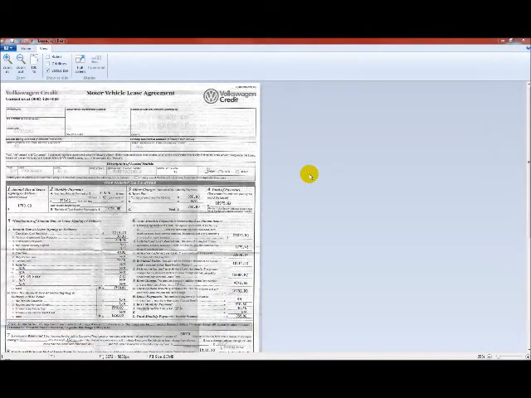Okay, welcome to reading a car lease agreement, part 2. In this section, I want to talk about this value right here in section 6, the actual cost of the car. This is what you're negotiating on when you actually go to purchase or lease a car. On this document, it's down here in section 10 where we get this number